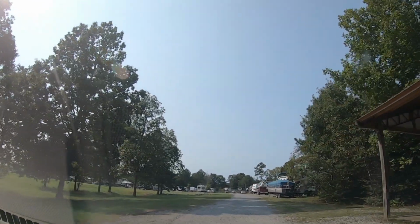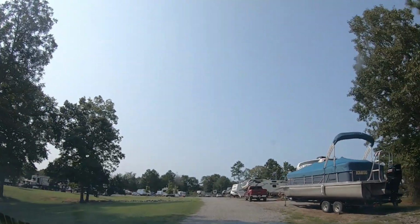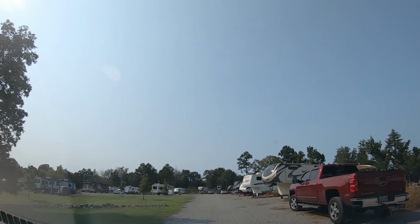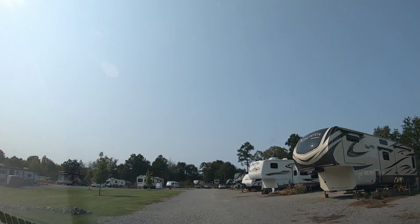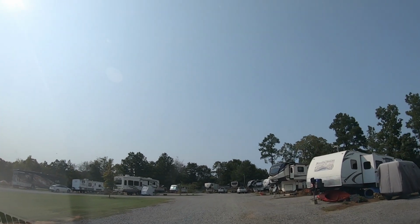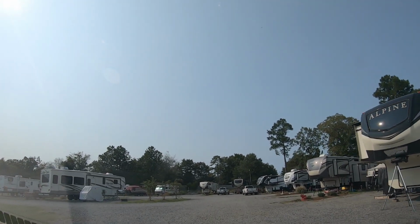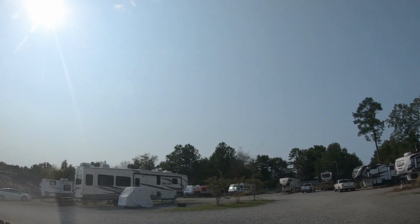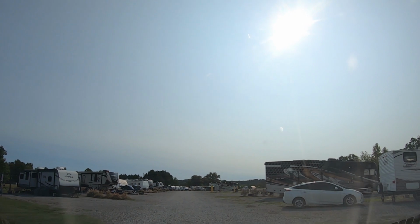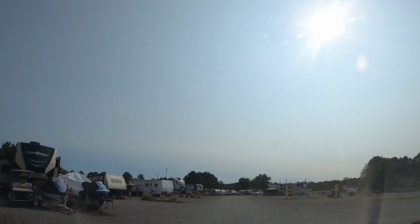We'll come back up here past the little picnic pavilion, and we'll go up the other road of the C section. And if you're driving your rig, this is actually where you want to make your loop. You don't want to drive down to that. It's a little trick to get turned around. We did not know that and got the rig down there. We didn't have the car attached, so we just had to back up a time or two, and it wasn't bad. But as we're coming back up through here,